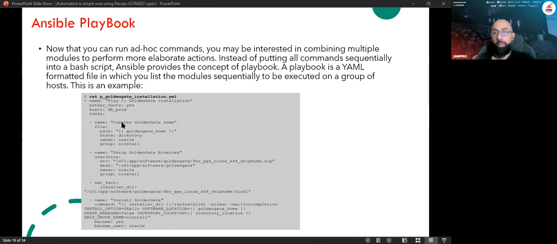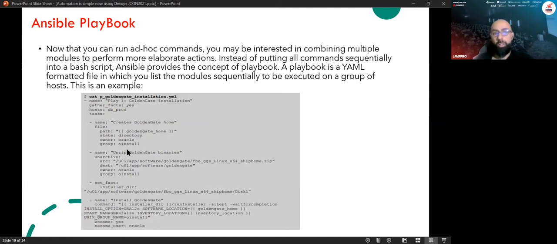The first task creates the home for the installation. After this, it unzips the file into the second directory. Anything between brackets over there is considered a variable, so depending on the server location it will bring the variable out, and after this, install it.